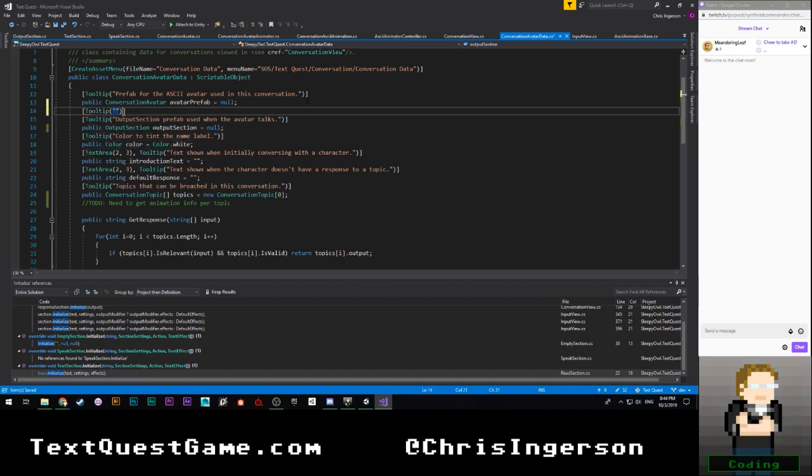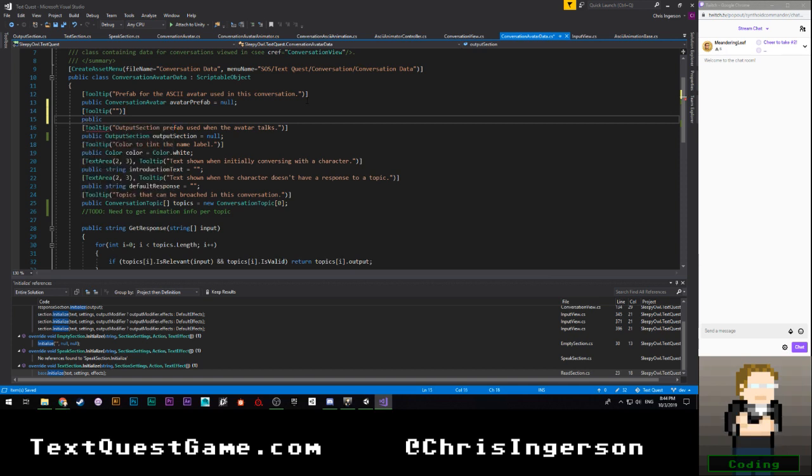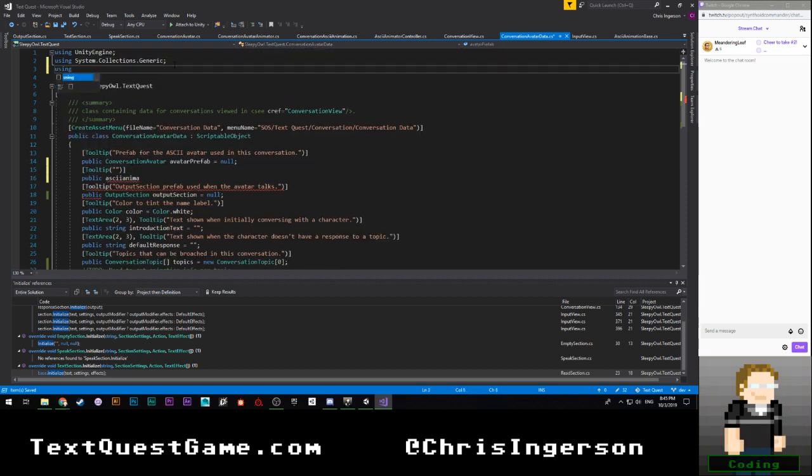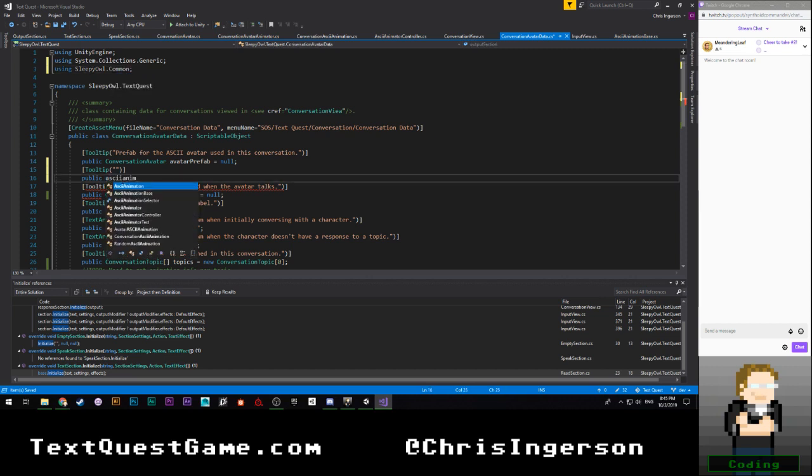Tooltip. Public conversation ASCII animation. No, actually, hold on. Sorry. This is ASCII animation using SleepyOut.Common. ASCII animation selector.